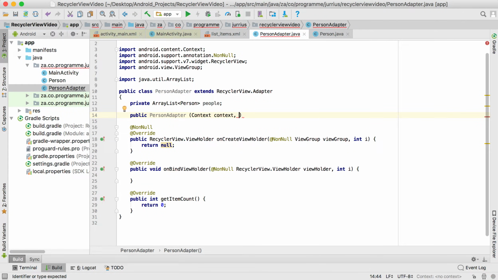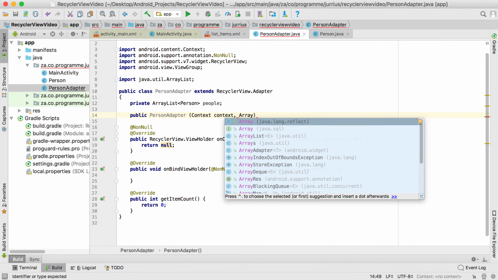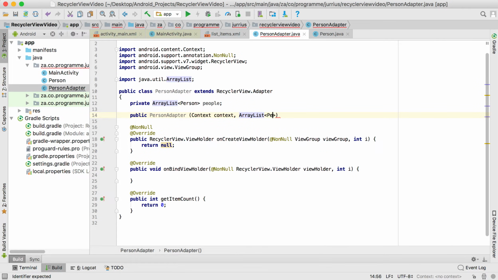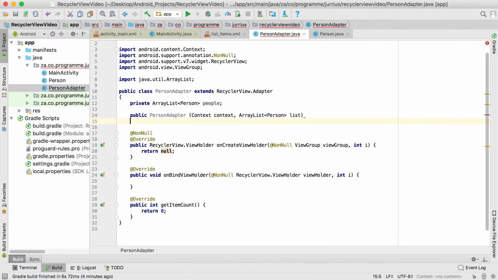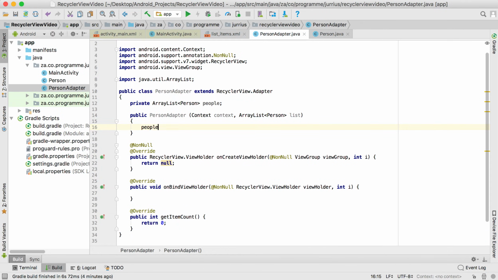Your second argument will then be, again, this array list that was passed in. So I'm going to say ArrayList of type Person, and let's just call this one list. What we want to do in this constructor is to just set our people variable there at the top to this list that was passed in. And now we have a link to that list that was passed in, and we can use the objects in